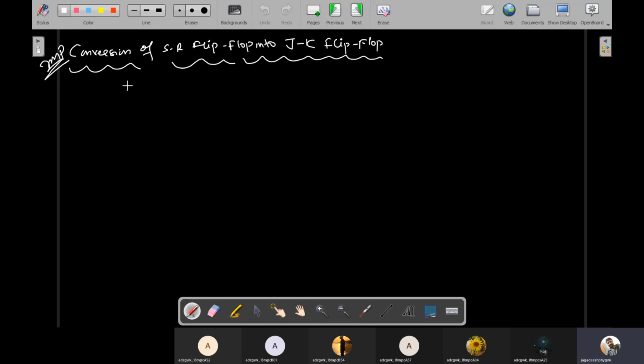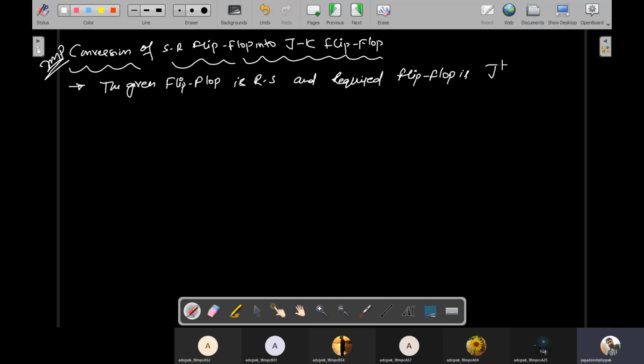So here the given flip-flop is RS. I'll write the key points here. The given flip-flop is RS, the reset and set pins, and the required flip-flop is JK. Understand? So the block diagram of conversion logic